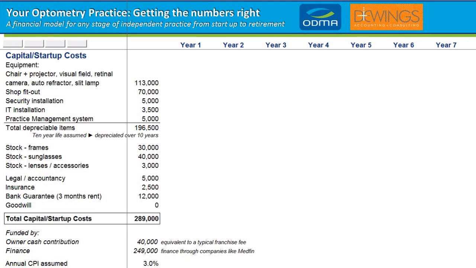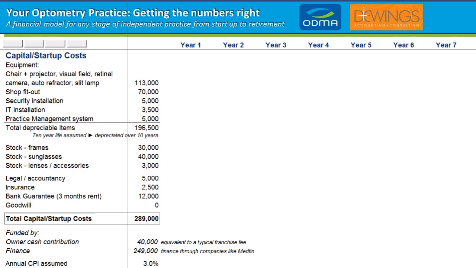John Manning from Dewings, and I'm going to demonstrate for you the financial model that we've co-developed with ODMA for optometrists in independent practice. Now, the great thing about financial modelling generally for any business is that it allows you to analyse very closely the way in which the various financial components of your business work together to achieve the